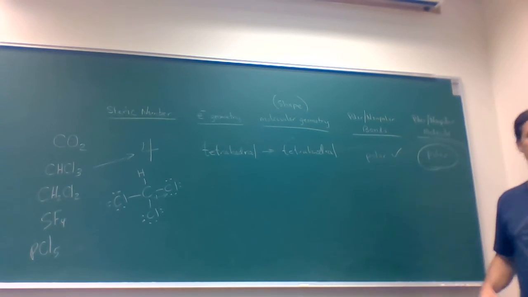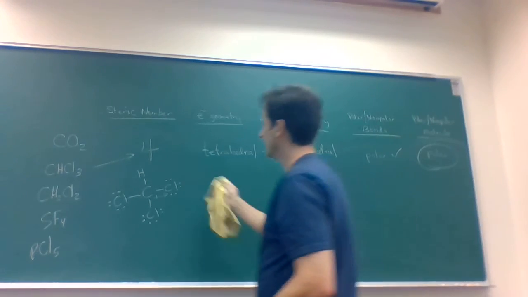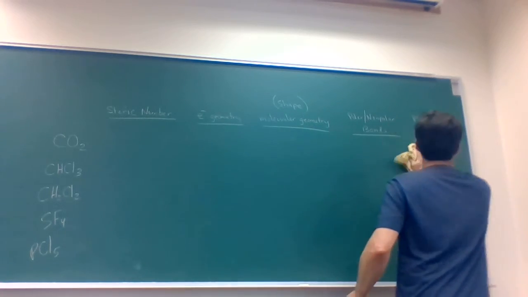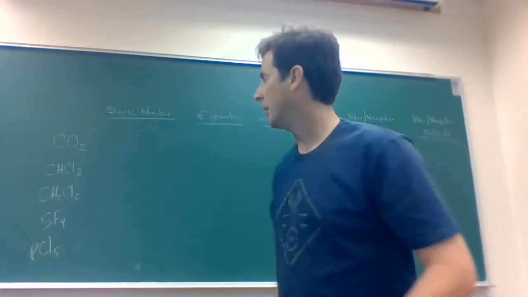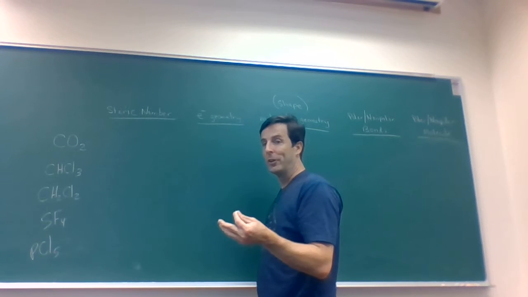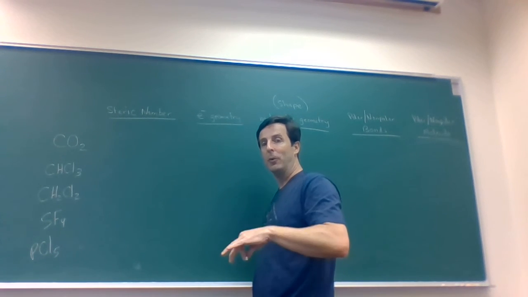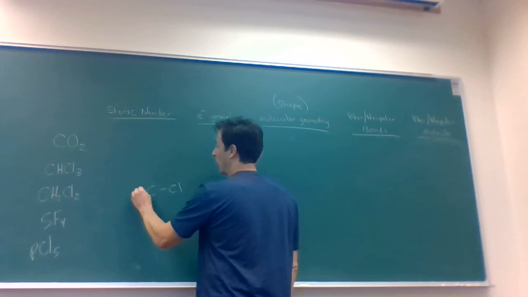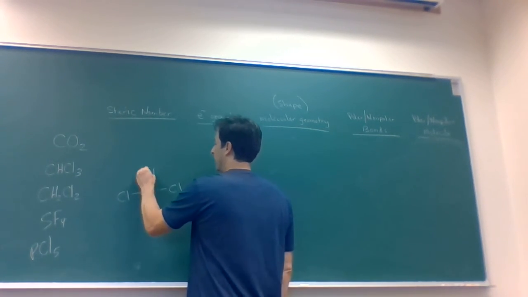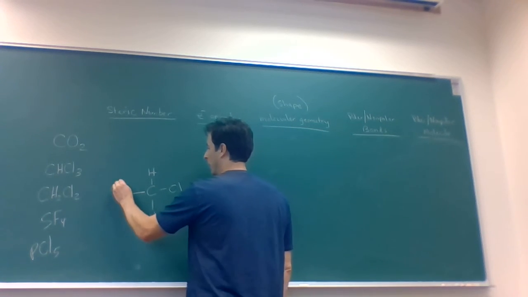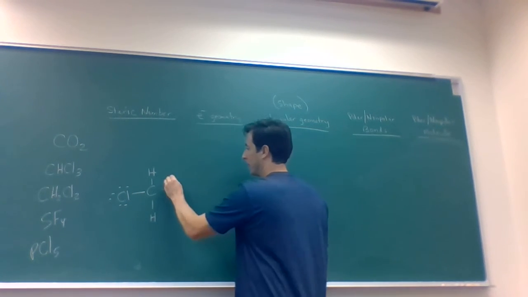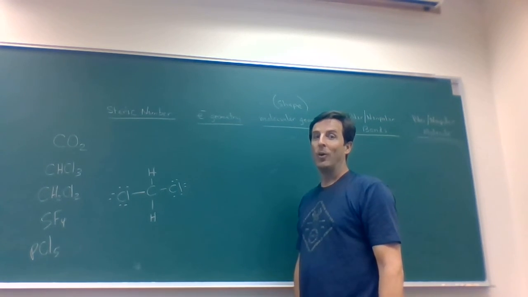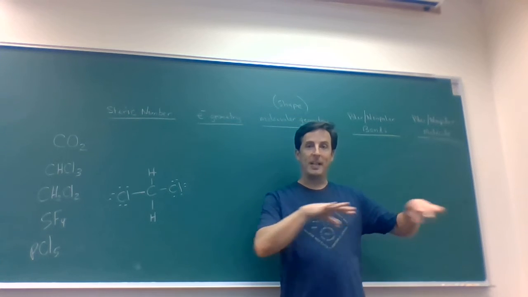Okay, so that one's done. Next one, CH2Cl2. Now, this one is a little tricky because the way you draw it can have a lot of influence on your answers. If you draw this molecule saying the chlorines probably want to be on opposite sides, which for some reason a lot of people do, then when we get to the end and ask if things cancel out,